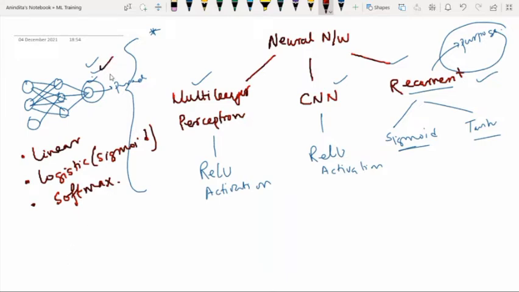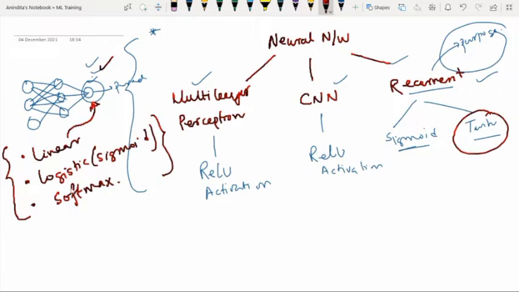See, in the output layer, there is less chance of using this tanh activation function, right? So this thing you have to keep in mind. Whatever types I am giving, these types are applied on the output layer. That is the neuron which is used in the output layer. So now what is this linear output activation function?